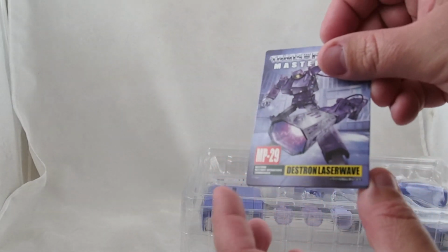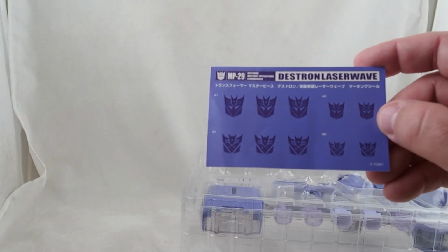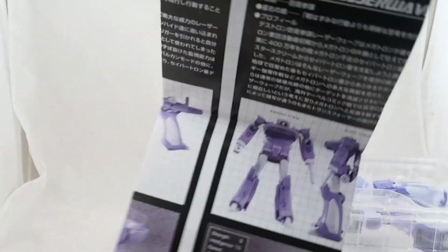So we can see that we're packaged in gun mode. Plastic tray, baggy paperwork. You get a lovely card with statistics for whatever reason. You get a sticker sheet filled with both cartoon accurate and toy accurate Decepticon logos. You get instructions, which are nice and kind of have the same color scheme as old Transformers, and you get